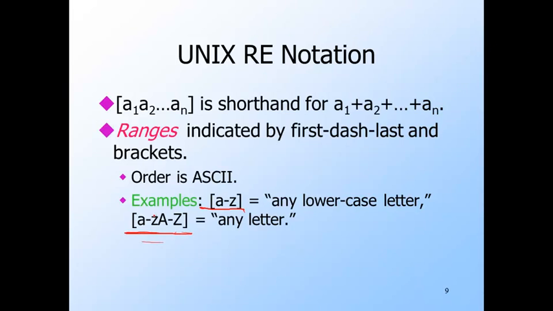Notice that the upper and lowercase letters are not consecutive in ASCII, so you cannot represent these 52 characters with a single range. Incidentally, as we see, characters like brackets and dash have special meanings in Unix regular expressions. So if you want to use one of these characters as itself, you need to precede it by a backslash. For example, backslash left bracket is a real left bracket. It's not the left bracket that you find in range expressions. And the character dot or period is shorthand for any character.